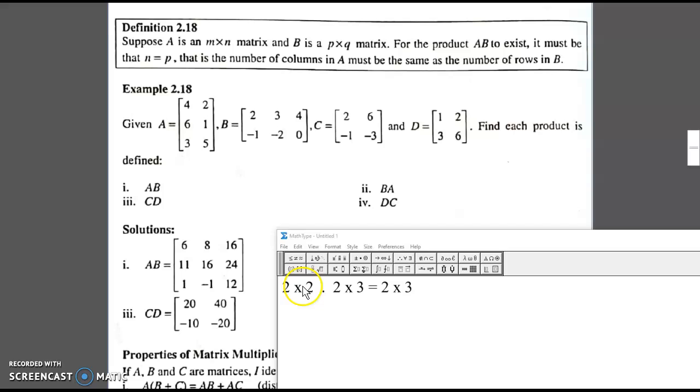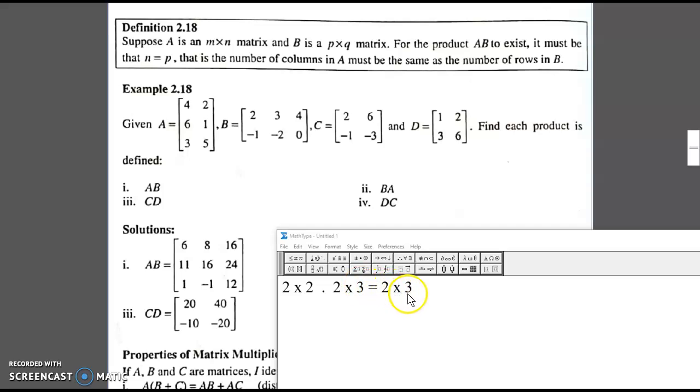It is not the same row and column, sorry, if they are having this kind of form. So if the first matrix is 2 by 2 and the second matrix is 2 by 3, if you look at the values in the middle, you have 2 and 2, the same value, then these two matrices can be multiplied, and the matrix that you will obtain by multiplying them is 2 by